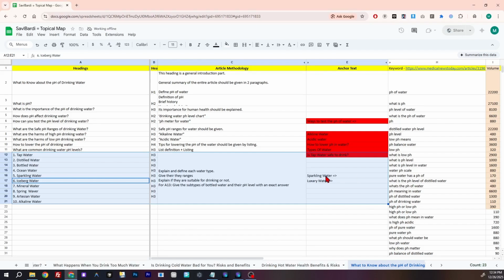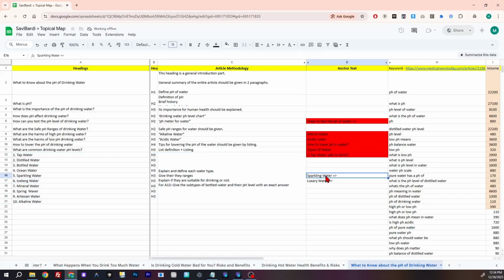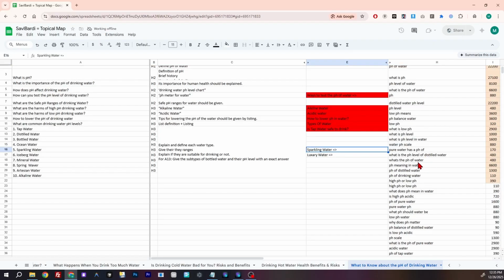And here we link the sparkling water because it's easier to connect it back to the pH levels, because in the context of comparison or versus-related queries, we see the pH levels are already compared with each other or with different types of water. So here you see distilled water appears a lot of times in the queries, so that's why we put distilled water in the second position, at the top.